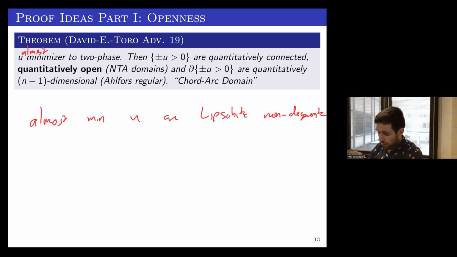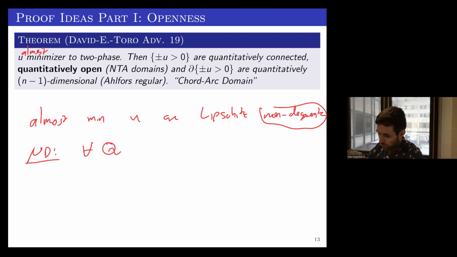So how does it use this fact? Well, what does non-degenerate mean? Non-degenerate means there exists a C greater than 0 such that for all Q